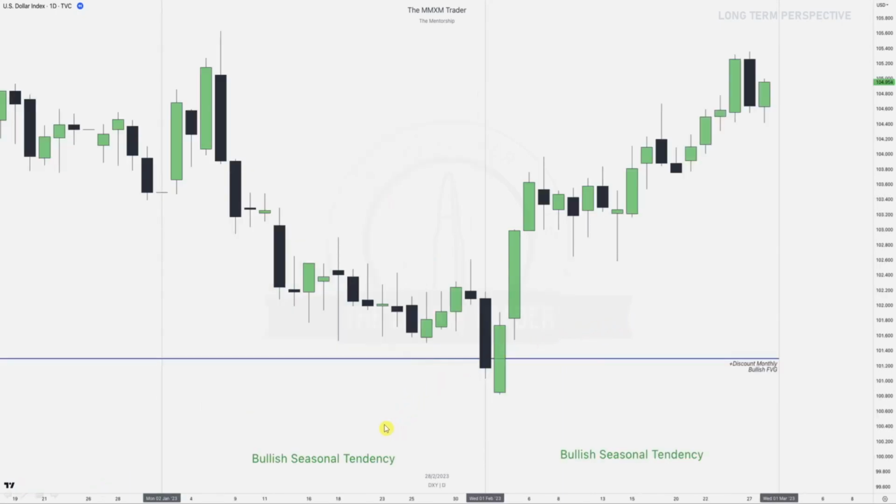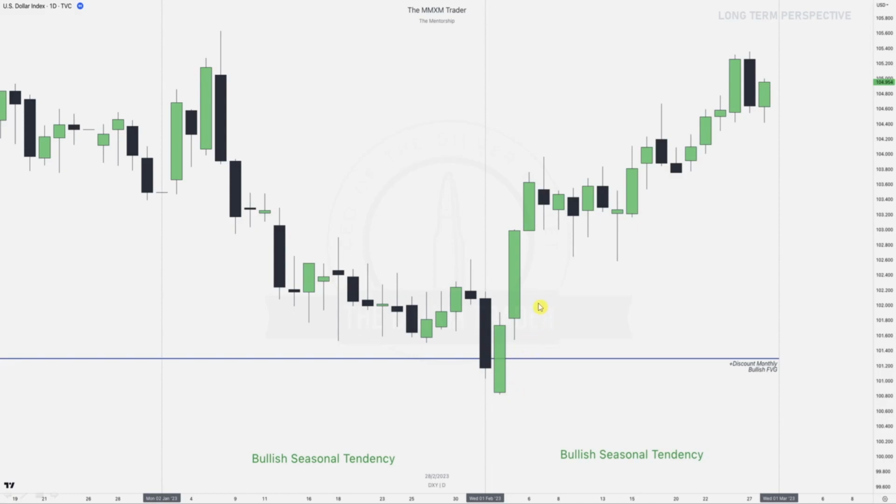So we just talked about that seasonal tendency from January and February. Both should be bullish, or at least start to turn bullish. And when a higher time frame aligns with that seasonal tendency, you can clearly see how price action explodes to the upside. Over here, we still had a bullish seasonal tendency, but price action is just consolidating, and we didn't hit that higher time frame PD array yet, which is that discount monthly fair value gap. Now, as soon as February starts, we hit that monthly bullish fair value gap, and you